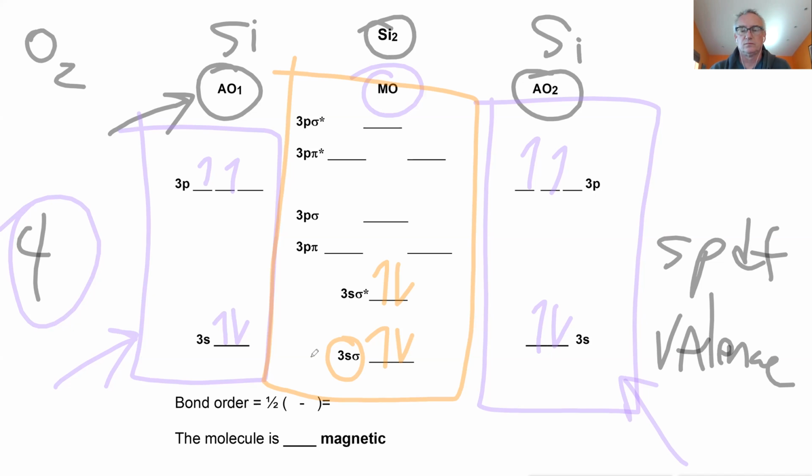You fill up the 3p pi. In which order? You first put 1 going in the positive spin. Fill up the positive spin first. Right. Where's the second one? Where's the next one go? To the orbital to the right.